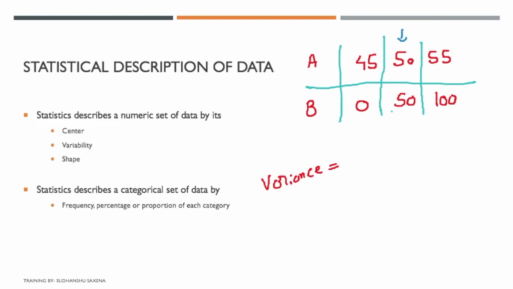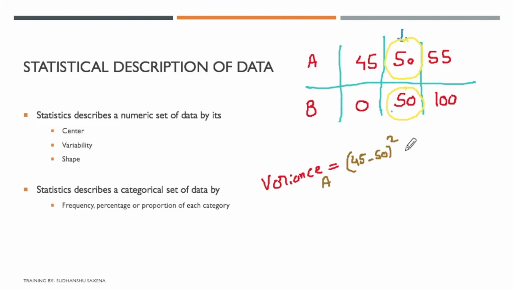Now over here, just look at this value. This value over here is your mean value, and I will highlight that in yellow. This is your mean value for this data, and this is also the mean value for your other data. So if I want to identify the average of the squared differences, how do I find it? For the first value, the variance of A would be defined as 45 minus 50, and the square of it,